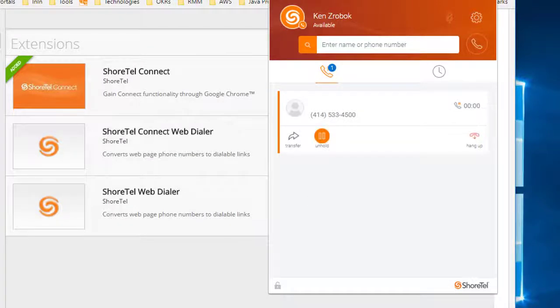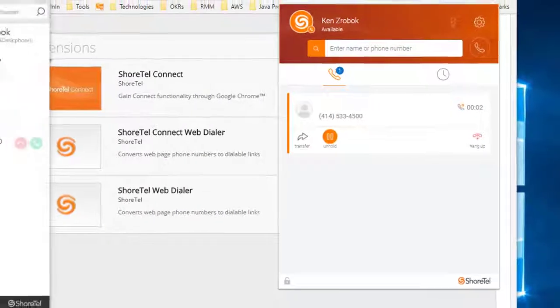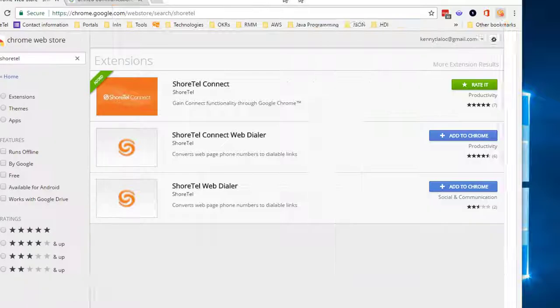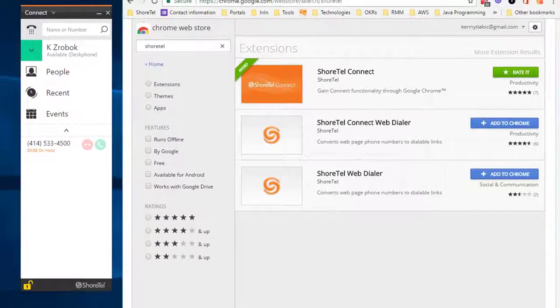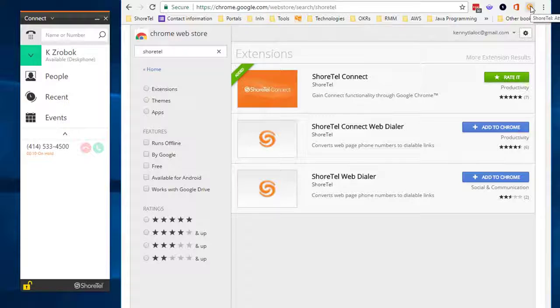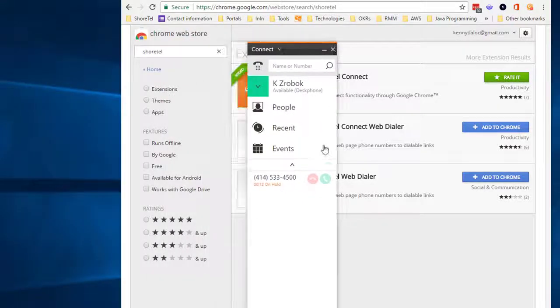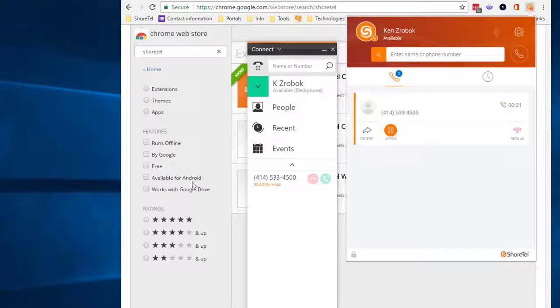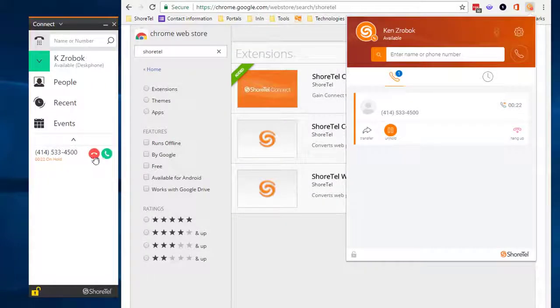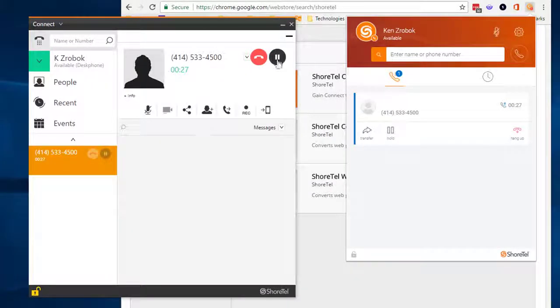I'm going to put this on hold, and I'm going to open up my actual ShoreTel Connect client. What you'll see is once you click off the screen, the Connect client actually goes away. But I actually have the same call on hold. So by bringing this back, I have this call on hold. So I can actually use both to put the call on hold,